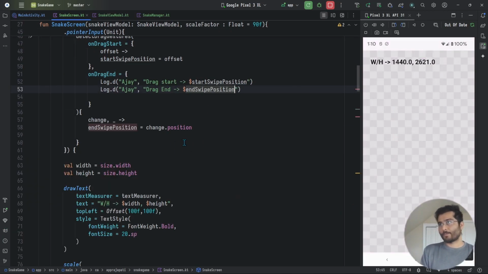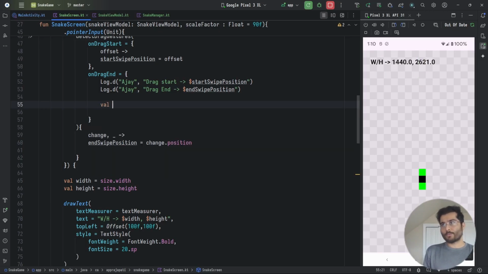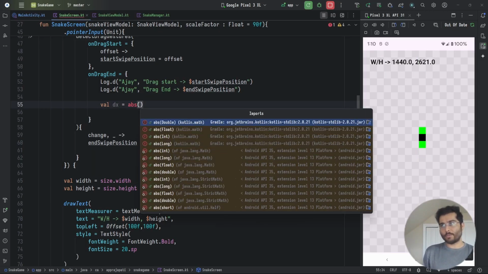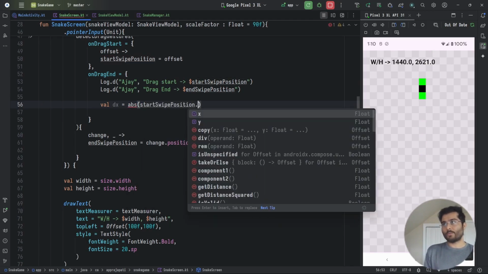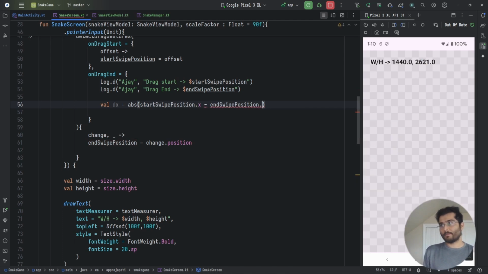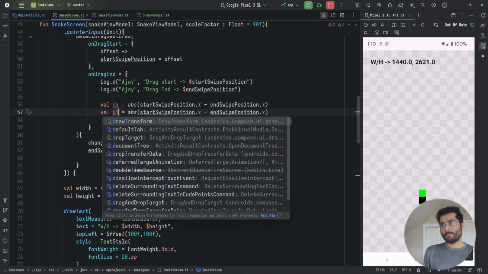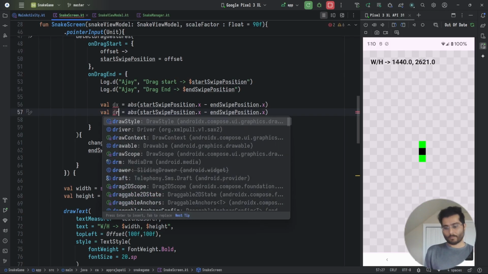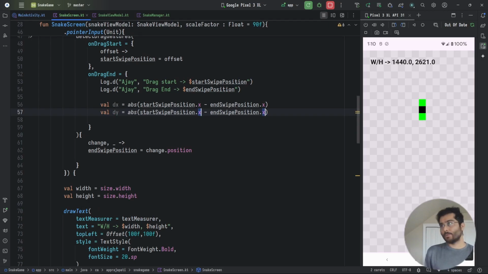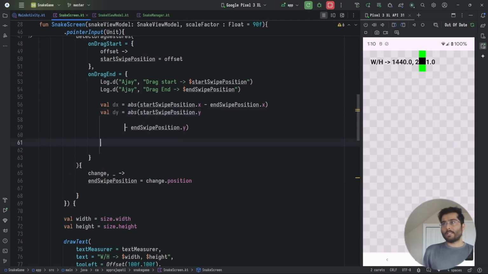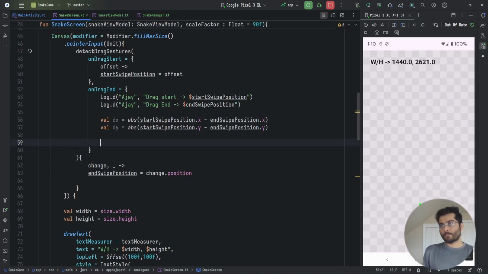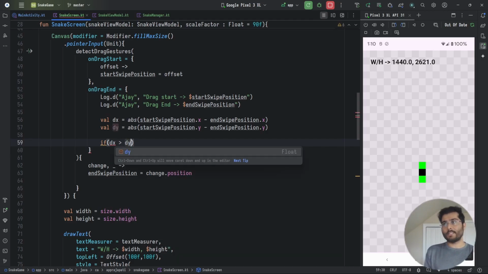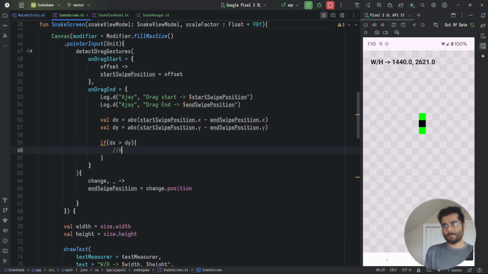Okay, so I'm going to first of all value delta x. So delta x is the absolute difference between those two values, so I'm going to say start x minus end swipe.x. Okay, I'm just going to copy y. Okay, so now we have the delta difference between the two. Okay, if dx is greater than dy, then we know this is a horizontal swipe or drag, I don't know, in Jetpack Compose it's different, but we can just call it swipe. Okay, else